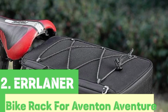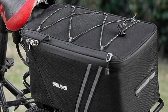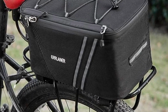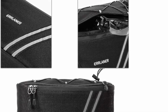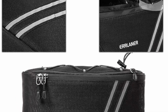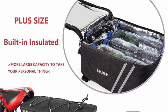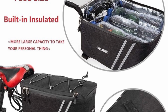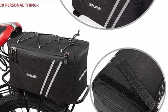The Aerolaner bicycle rack is a top-notch choice for Aventon Aventure owners seeking a premium bike transport solution. Crafted with precision engineering and rugged durability, this rack offers exceptional stability and security for your Aventon Aventure during transit. Its versatile design accommodates various bike sizes and styles, and it boasts user-friendly features like quick-release mechanisms for effortless loading